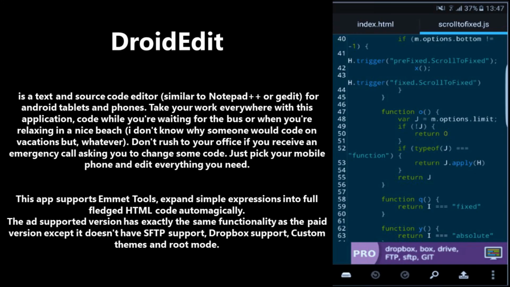Droid Edit is a text and source code editor similar to Notepad++ or QuickEdit for Android tablets and phones. Take your work everywhere with this application. Code while you're waiting for the bus or when you're relaxing on a nice beach. I don't know why someone would code on vacation, but whatever. Don't rush to your office if you receive an emergency call asking you to change some code. Just pick up your mobile phone and edit everything you need. This app supports Emmet tools, which expand simple expressions into full-fledged HTML code automatically. The ad-supported version has exactly the same functionality as the paid version, except it doesn't have SFTP support, Dropbox support, custom themes,